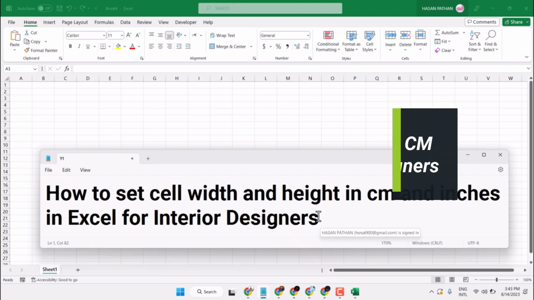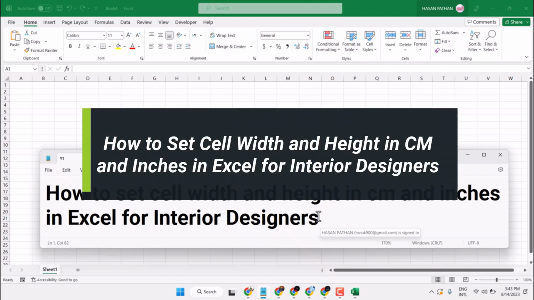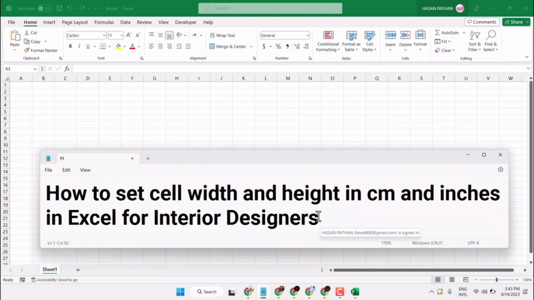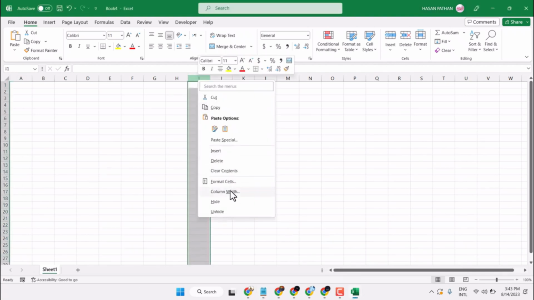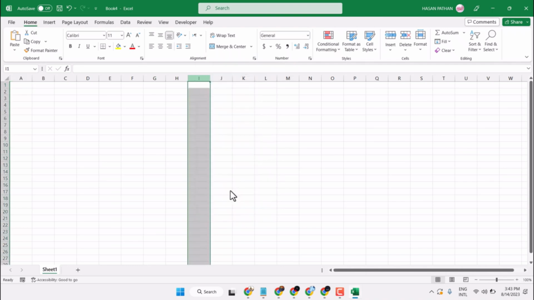Hello friends, in this video I will show you how to set cell width and height in centimeter and inch in Excel. Normally you try to change the width and height by right clicking here, and once you click column width, it will not work because it's in pixels. So to make any size of inch and centimeter box in your Excel,